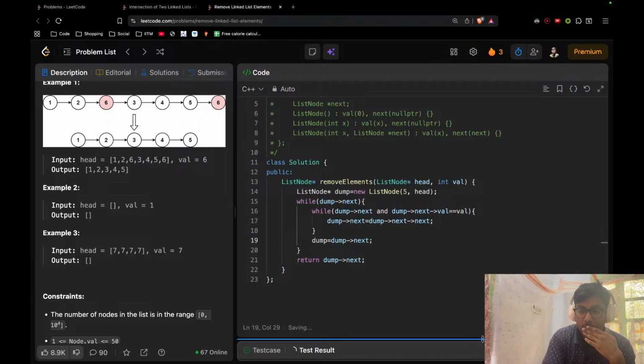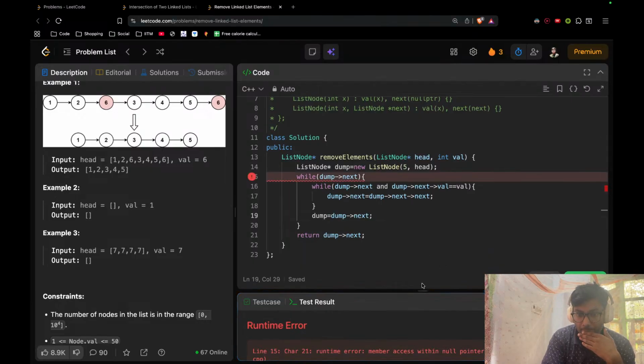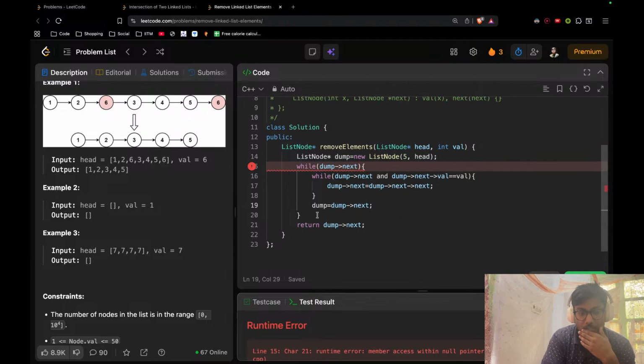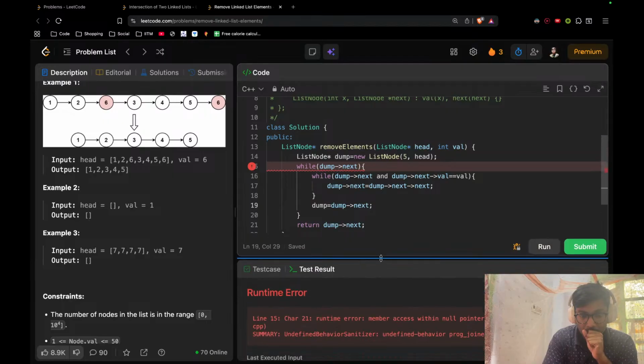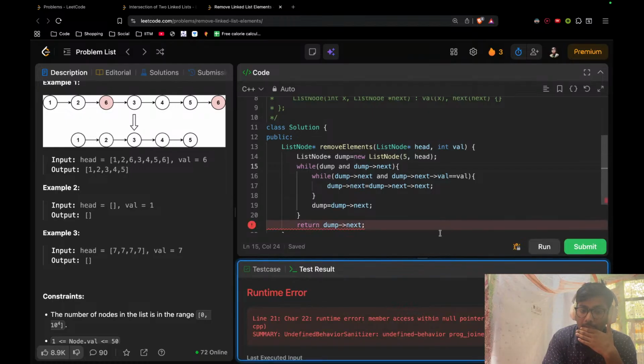Of course, it cannot keep taking forever, right? Okay, there is a possibility that if dump's next is null. It's a dump, and let's say if head is itself null, then